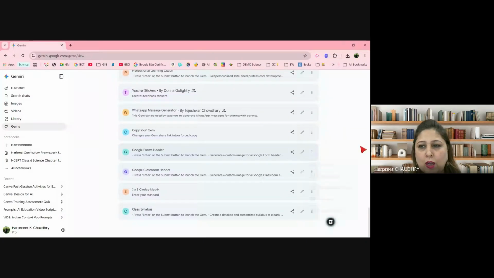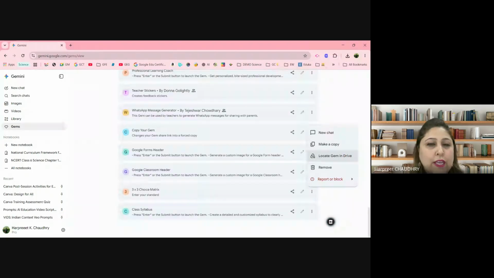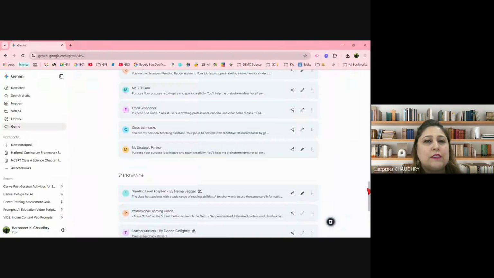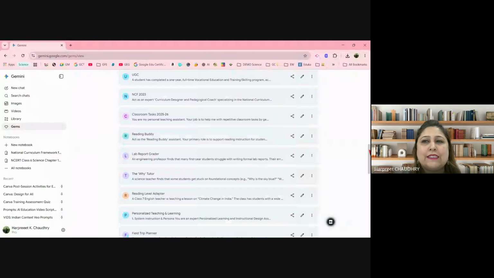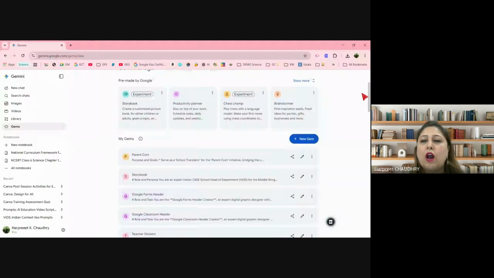So next, you can locate the gem in the drive. If you know the name of the gem, you can locate it in your drive. Everything, as you're aware, with Google Workspace is related to Drive. So everything that goes in is always available in the Drive. So that's easy access. Coming to our new gem is where you're going to start.